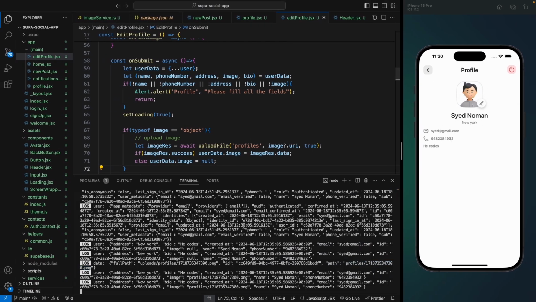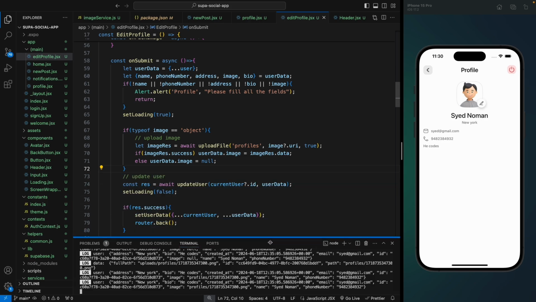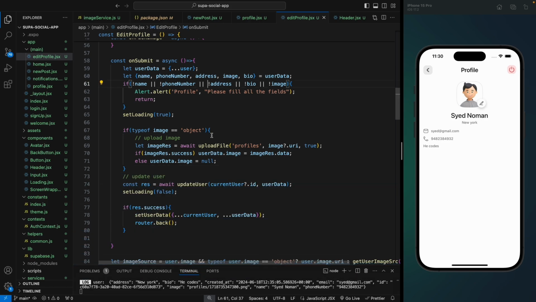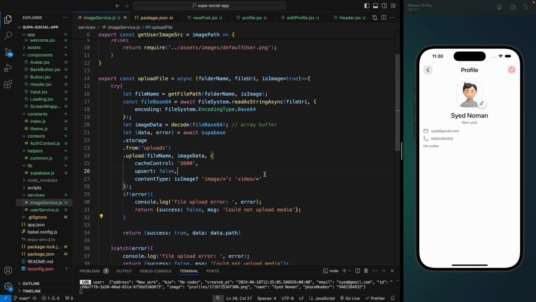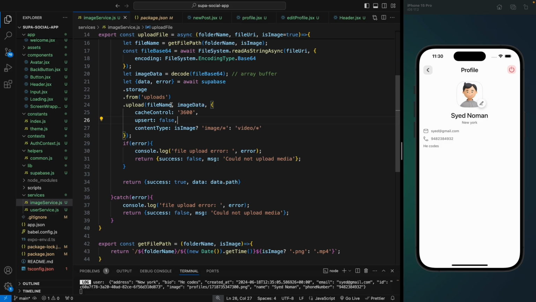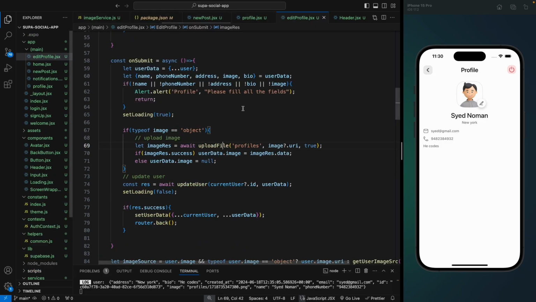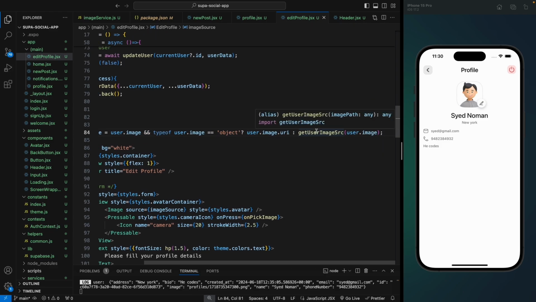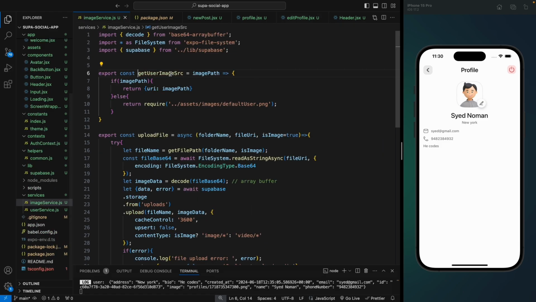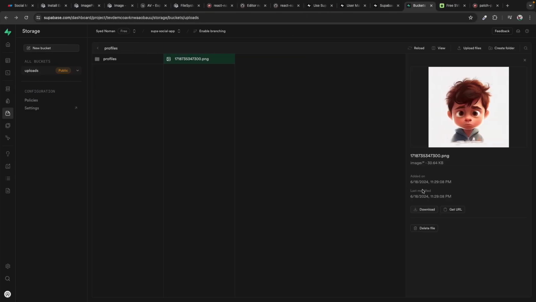So let's just minimize this, and there is a console log into the upload file function. So let's just remove this and let's save this. So the image is updated into the auth user state, and we can use this to display here. So this is how we are displaying the gallery image. And if we go into this function, this is where we need to use the Supabase file URL for the images. So let's just copy the URL for this uploaded image,